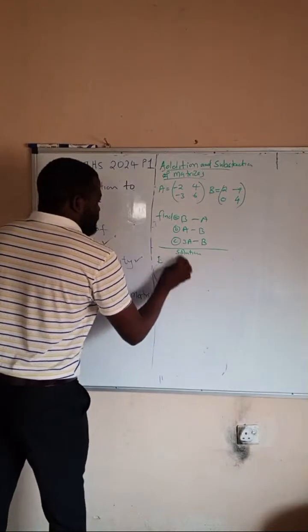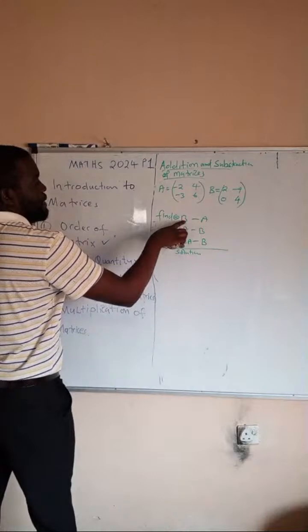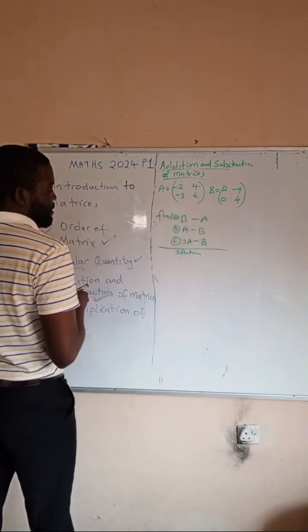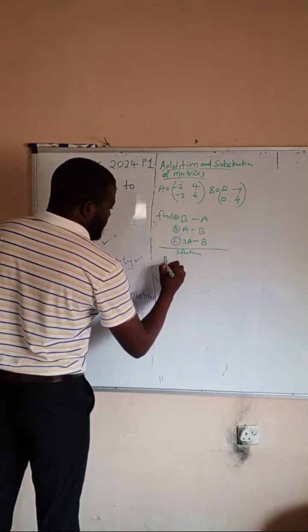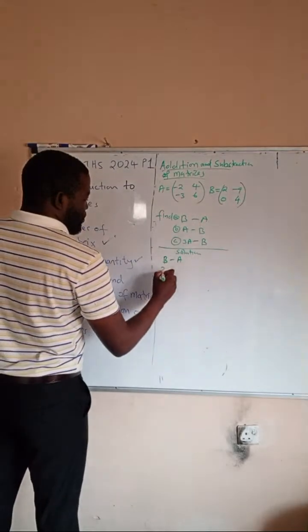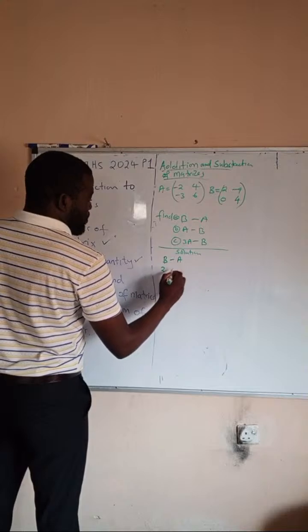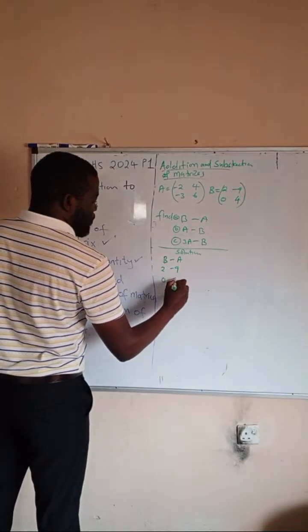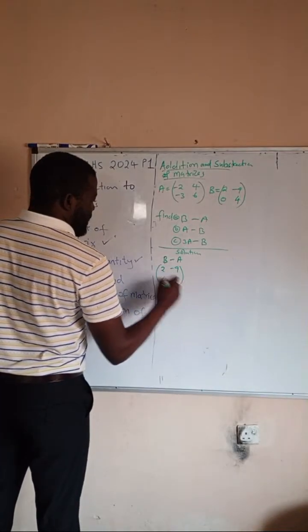I'm wrong. The question is find B minus A. So we'll start with B. B is this one. So it's 2, 0, negative 9, 4. That is B